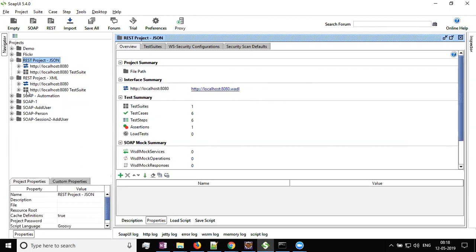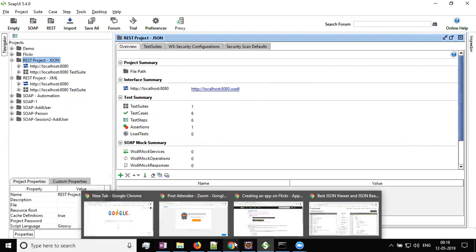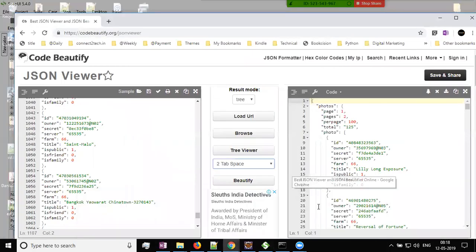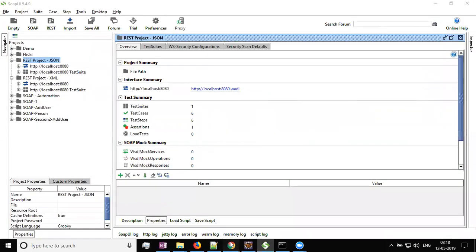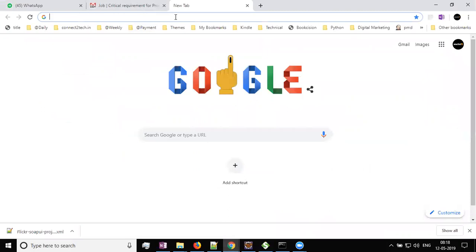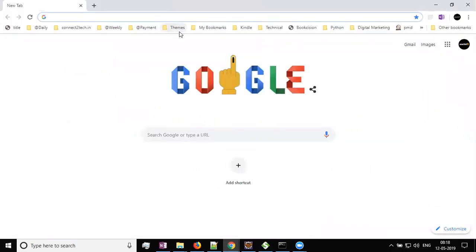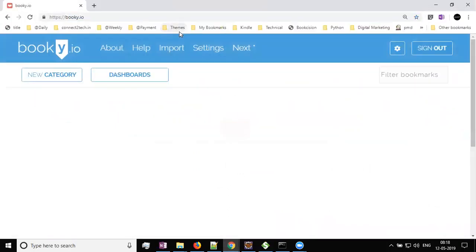to get a complex JSON where we can do some validations. Okay, so first thing we will go step by step. So let me just open my bookie. Okay, so here,